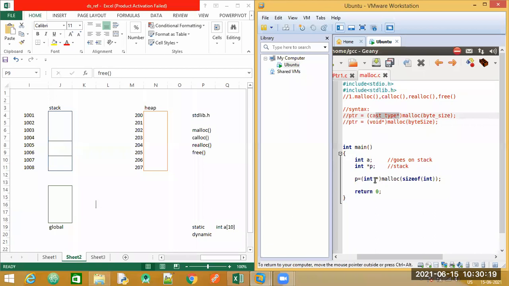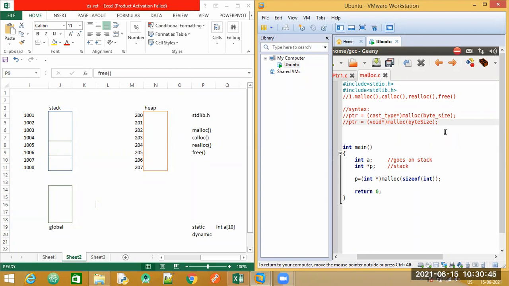So here you can see, P is a pointer, I have declared a pointer P. In the bracket I have written int star, meaning I am expecting this malloc function to convert this void into the type integer. Next, malloc is a keyword which indicates that we need dynamic memory allocation, meaning we require memory space from the heap section.